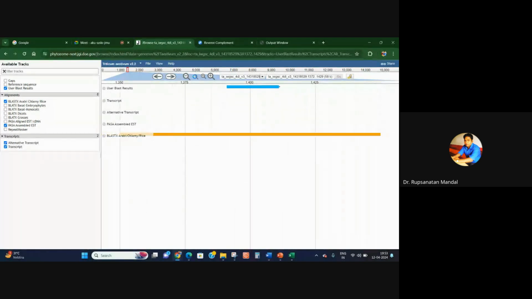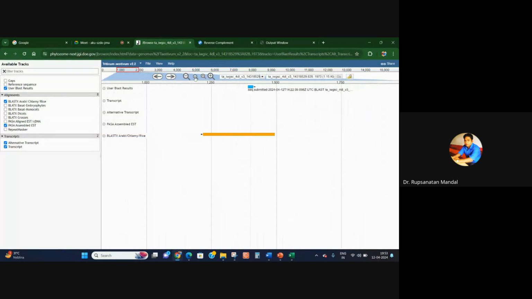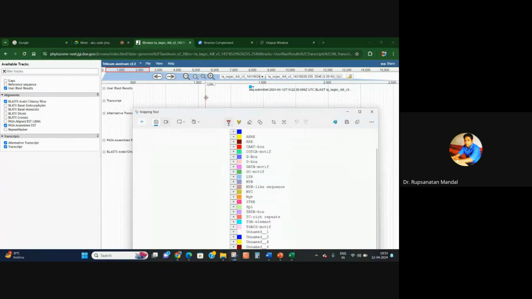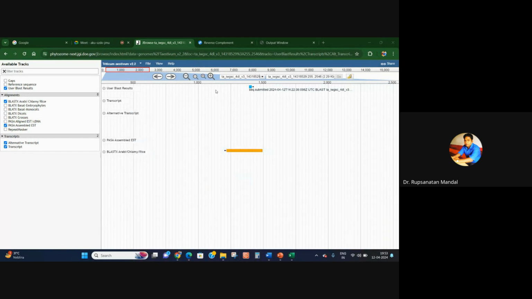Zoom out. This is your primer sequence. This is actually the target gene, and here is the primer. You can snip that portion